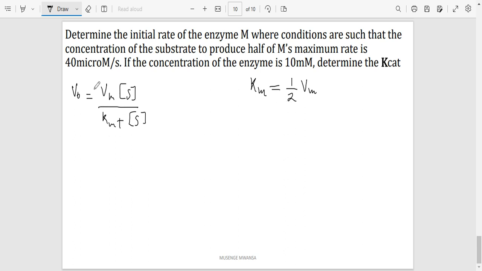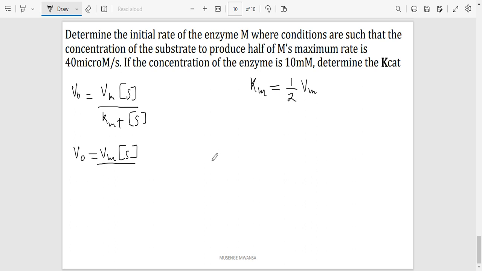Now, how is this really? Well, we know that VO is equal to Vm times the concentration of substrate divided by the Km plus the concentration of the substrate. Okay. Now again, so VO is going to give us Vm multiplied by the concentration of the substrate divided by